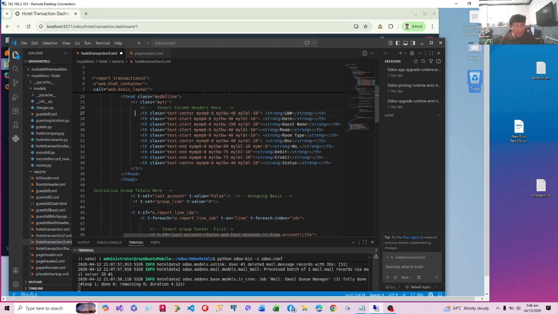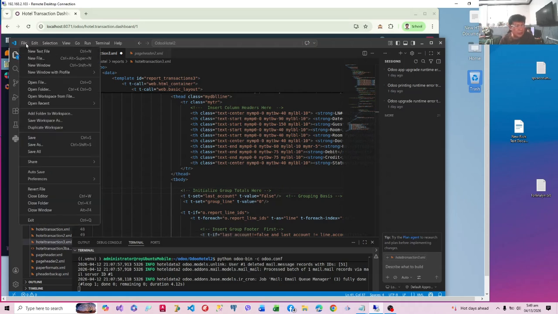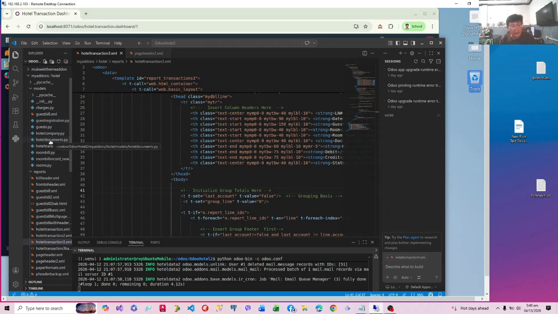Let's go here. Now we are going to initialize our group totals here. We already have set the last account to false, and the group line to 0, because our group line numbering will start at 1. No, we'll just increment it by 1 for every group.